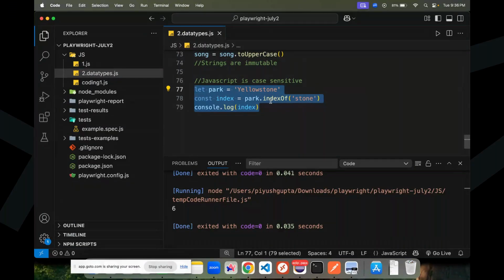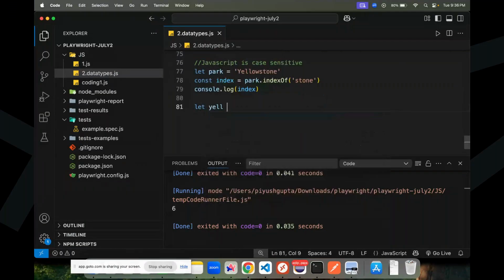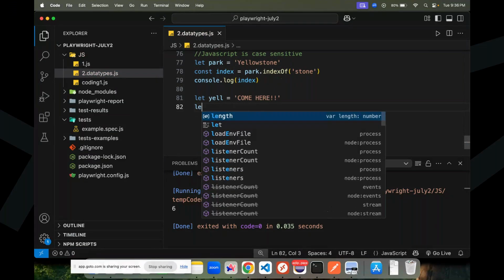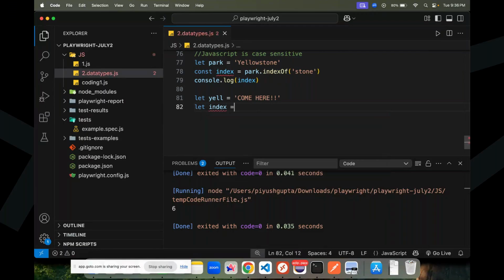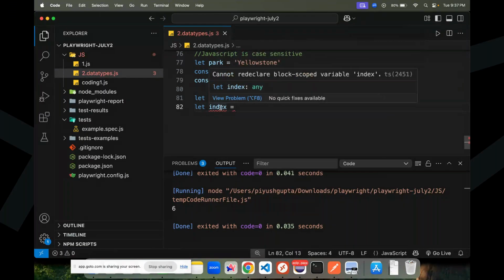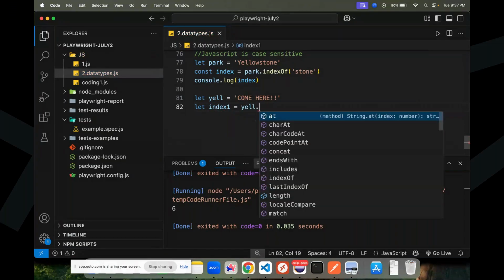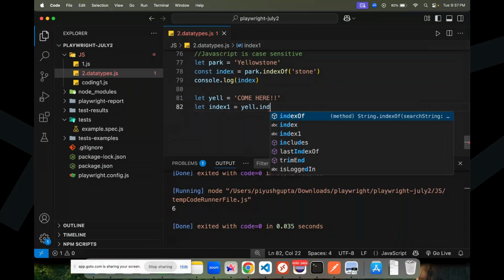Now, one more question. Let me have a variable called yell, and I'm giving it a value, say, come here with an exclamation, right? And again, I'm creating another variable called index. Since I have already created one variable above, JavaScript is now not happy with me. It's saying cannot redeclare the same variable. In that case, let me change it to index1. So what am I doing? yell.indexOf